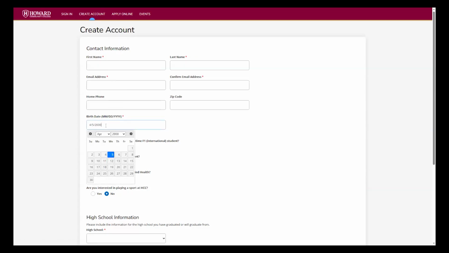Or you can also just type in the exact date by using the format that is prompted. Now I will enter in some test information, but you will want to make sure that you enter in your personal information.